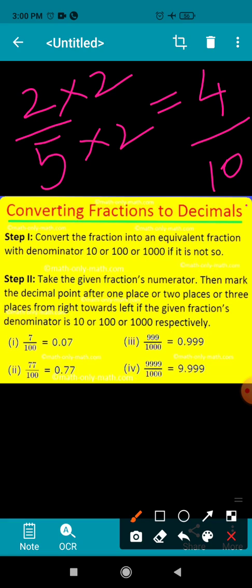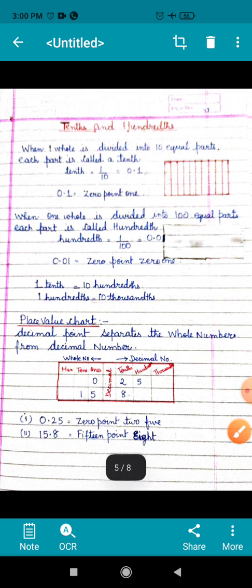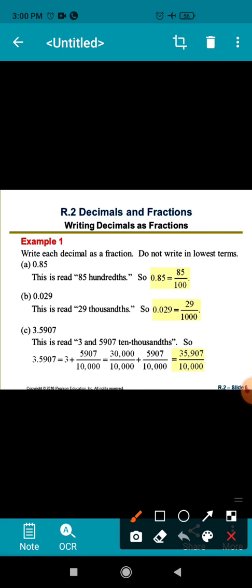Now, it's very simple. Denominator has 1 zero. So, what you will do? You will put decimal before one digit and the answer will be 0.4. Children, hope you all have understood how can we convert fraction in decimal. Now let us know how can we change decimal in fraction. Here example is